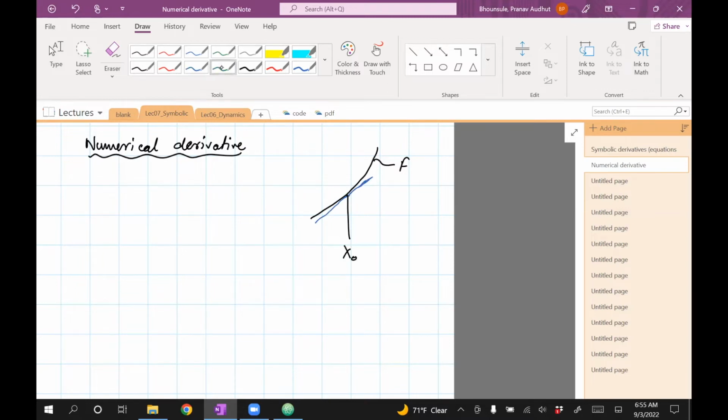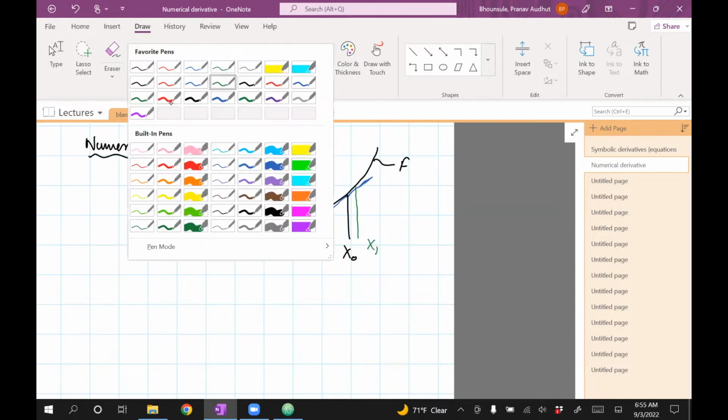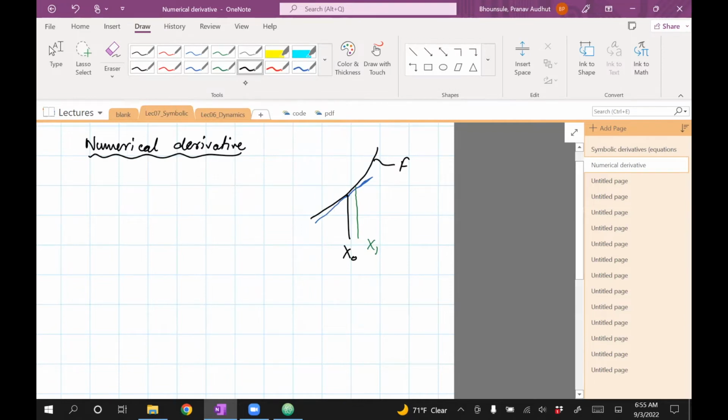So what we do here is we compute the value of f at another point x1, which is very close to x0. Once we do that, we can use the definition of the derivative, which is df/dx, basically the difference between f1 and f0 divided by x1 minus x0. So if you can compute the value of f at x1 and x0, then you can use this formula to compute the derivative. Now, x1 should be